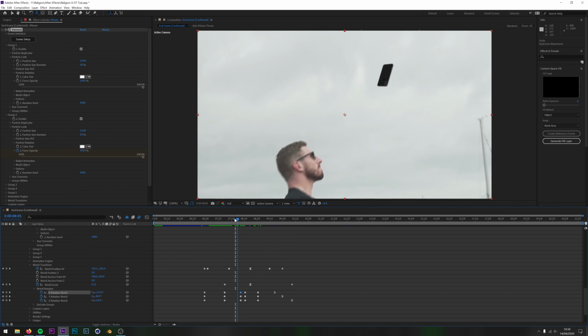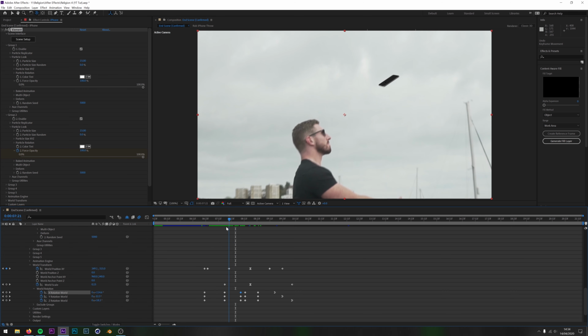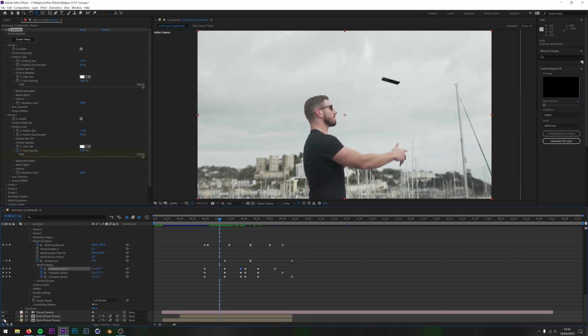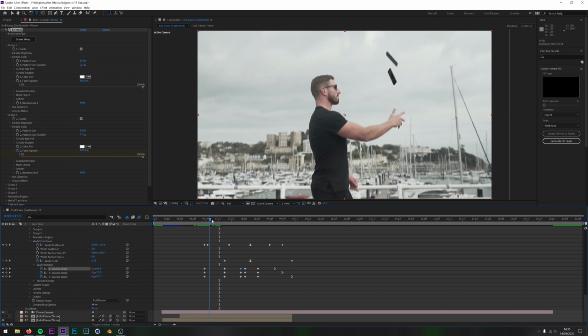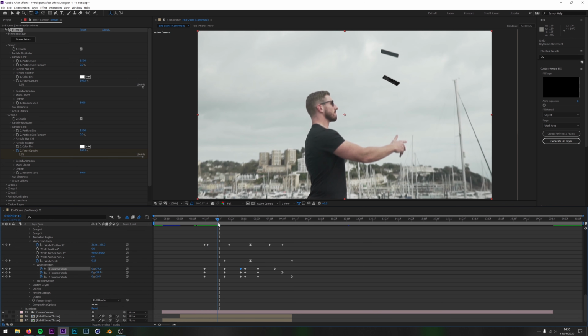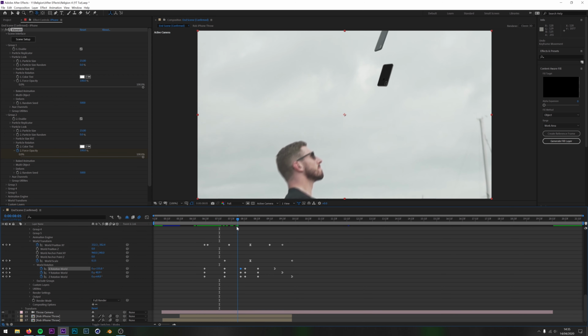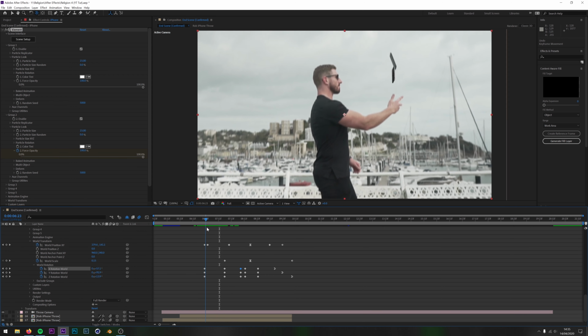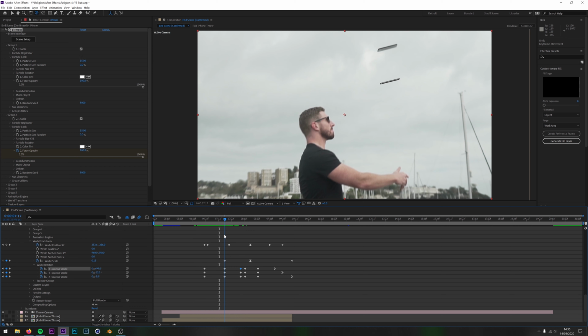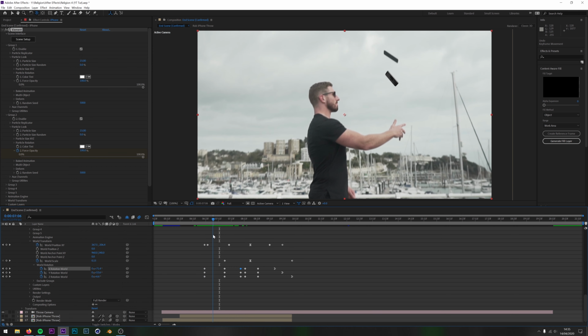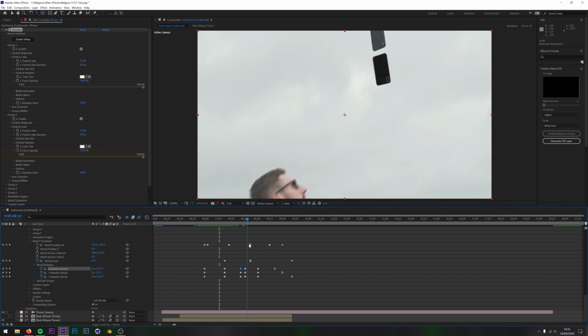Now, the way I got the phone looking more realistic is by using the real phone as a reference. And what I mean by that is if I turn off the mask, you will see the original there. I've basically used this as a reference or a guide to make the fake phone look more realistic. You can see the rotation of the fake phone mimicking the real phone. I mean, the location's not exactly perfect, but it doesn't need to be, because it doesn't matter too much. It's more the rotation that is the one to get tricky.